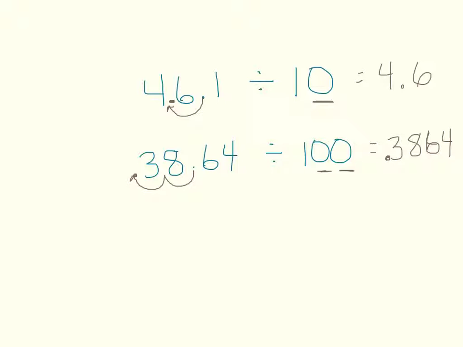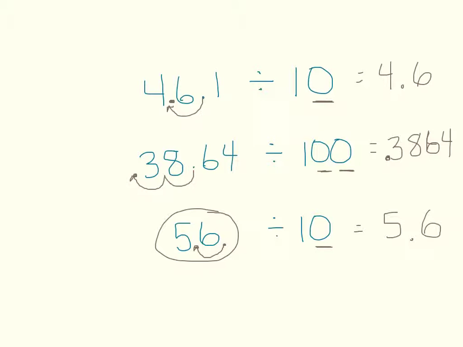One last problem. Let's say I'm just working with the number 56 and I'm dividing by 10. Well, as I look in my dividend, I see that there's no decimal. However, you have to always remember that you can always add a decimal and a 0 after the decimal whenever you have a whole number. In this case, I have 1 zero, so I'm going to be taking this decimal that I created and moving it one place value holder to the left. My answer is going to be